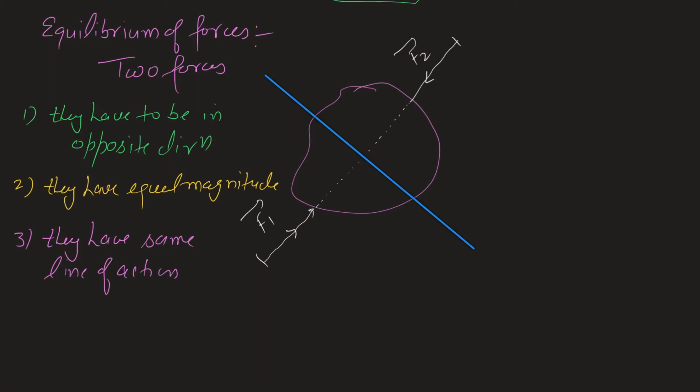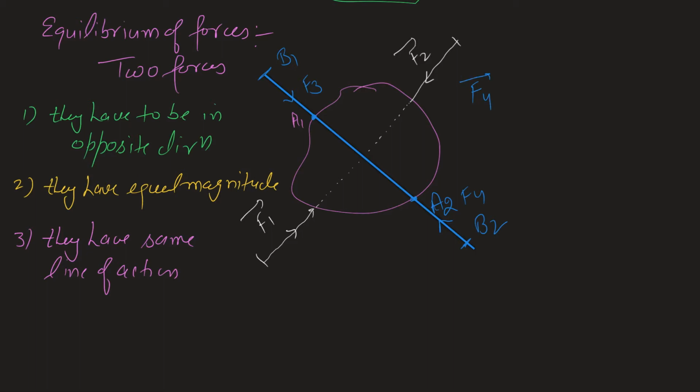If I name the points, say this point is A1, this point is A2, this point is B1, and of the same size, this point is B2, and force is acting in this direction, another in the opposite. If I say this is F3 and this is F4,